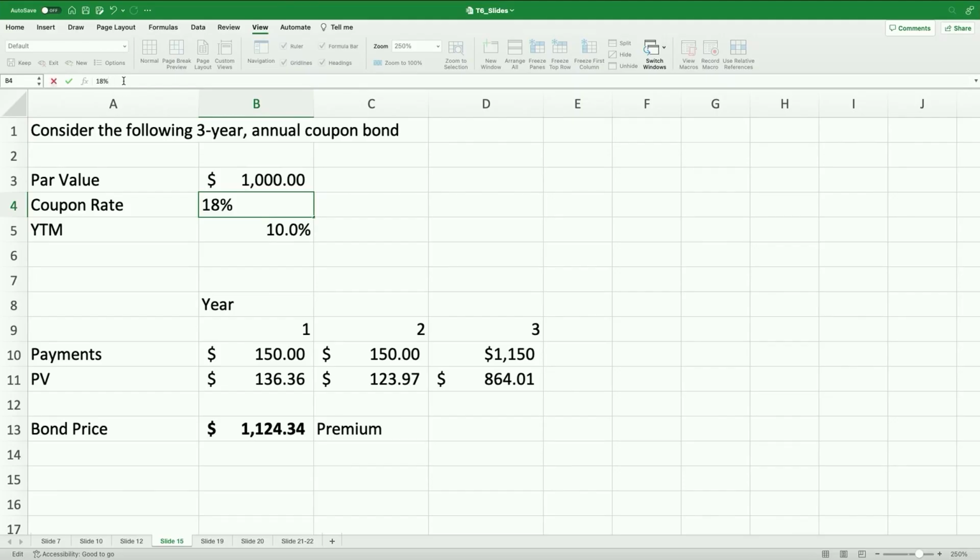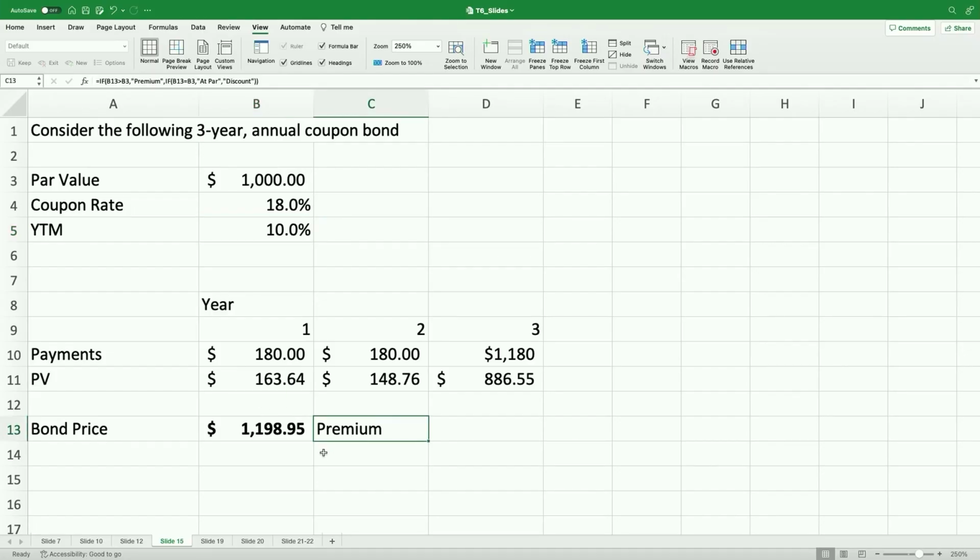Before you see it, let's think about it. If I keep increasing the coupon rate, I'm providing more cash flow per period. So the bond price, all else equal, should go up. Someone who is buying this bond is willing to pay more because more cash flow is being promised to him or her. Indeed, the bond price went up even more. It's now trading at an even higher premium to par.